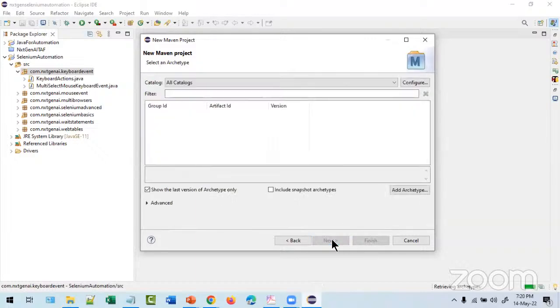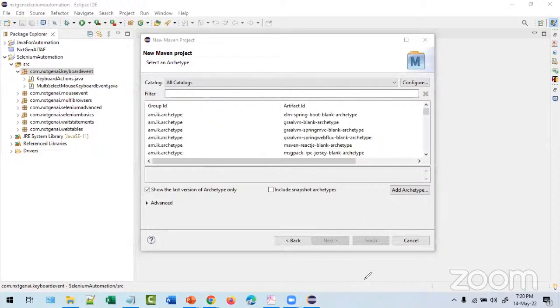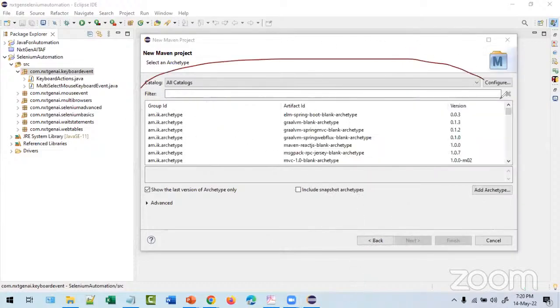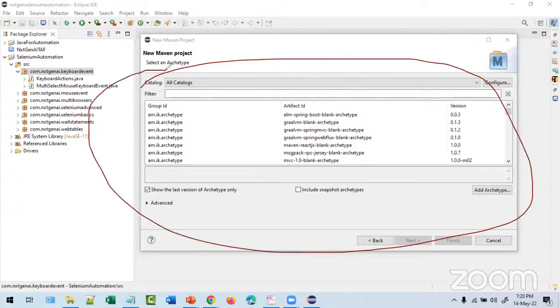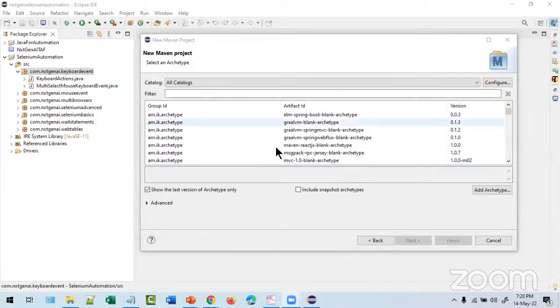After this, you see in the bottom, it will take more time. It will load based on your internet speed. Till it loads, you have to be silent. Don't do anything. Wait for it because this needs to be loaded.